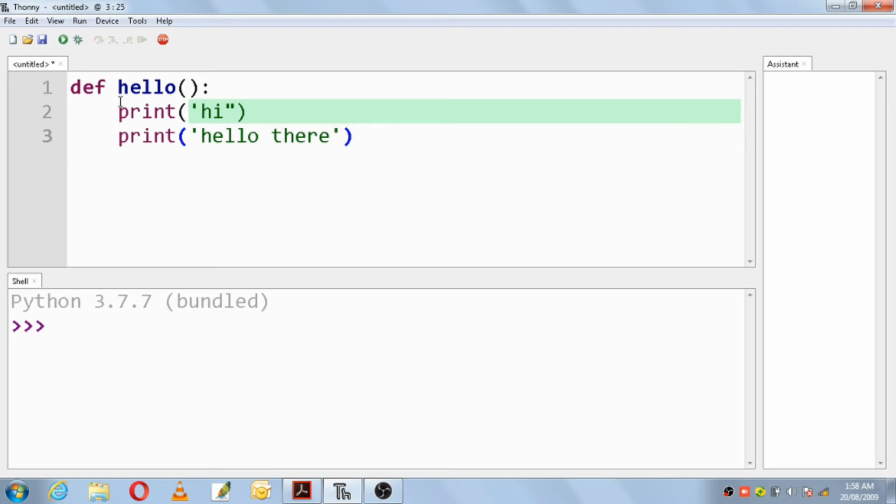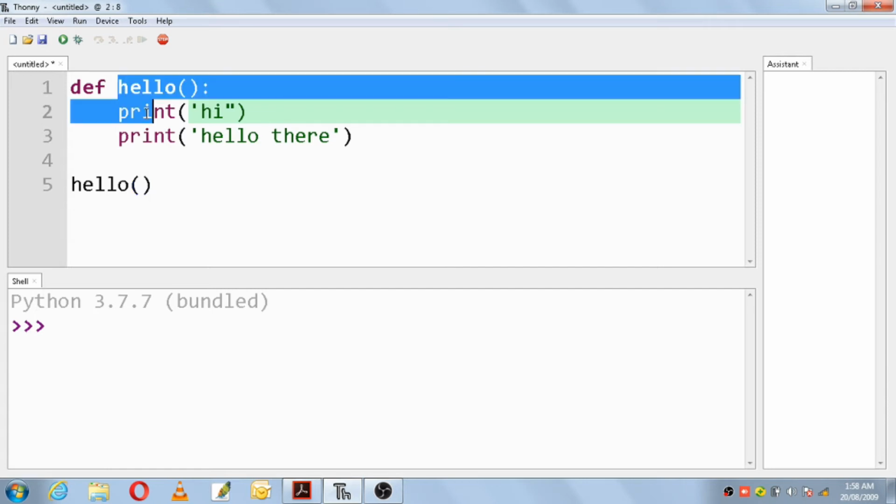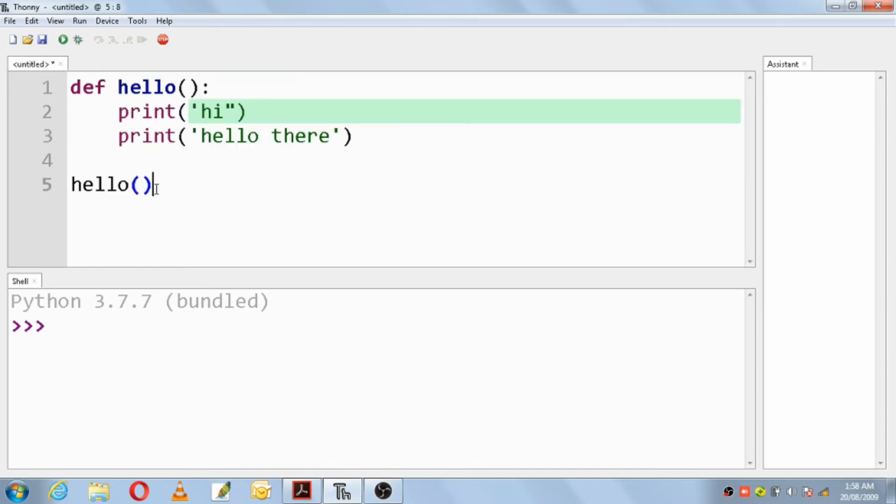I'll write only 2 print statements, enter. If you want to come out of this function, you just leave that space. And then you call the function. So this is the defining of the function and this is the function call. I have called the function only once, so this will be executed only once.